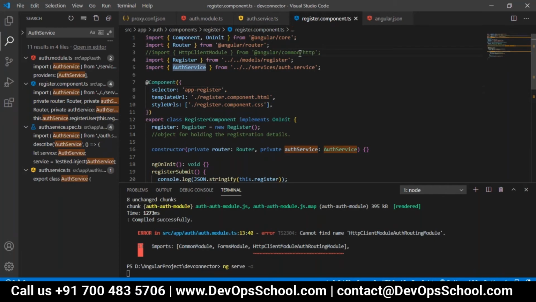Here, register component.ts, HTTP client is not required. That is fine, no issues. Already it's commented, right? If it is already commented, no issues. Let it first run.